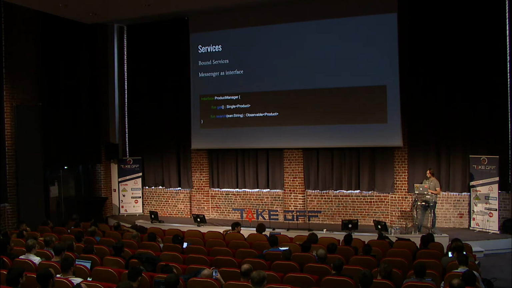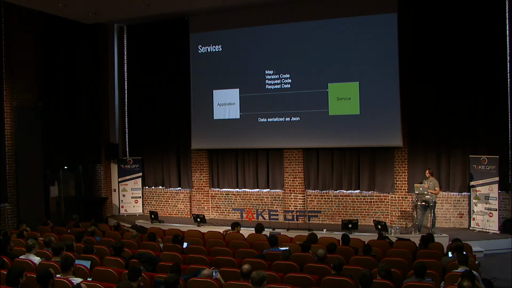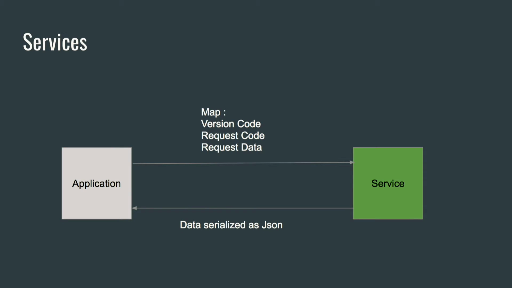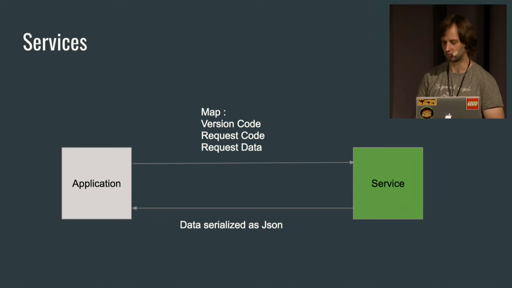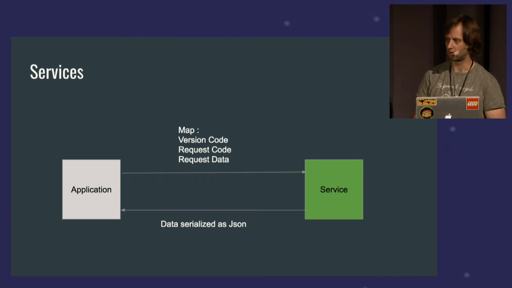This manager is just binding to the services. When we make the request, it sends a map, like a hash map, with the version code, the request code, and the request data when we have complex data. And this data is serialized